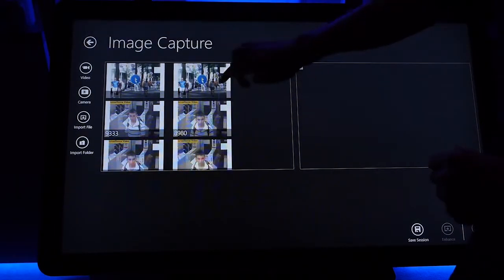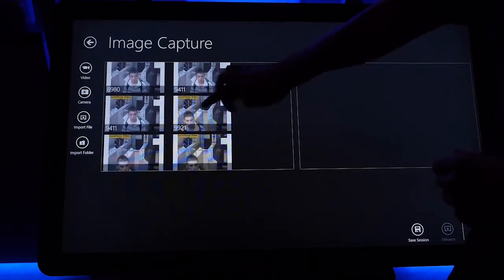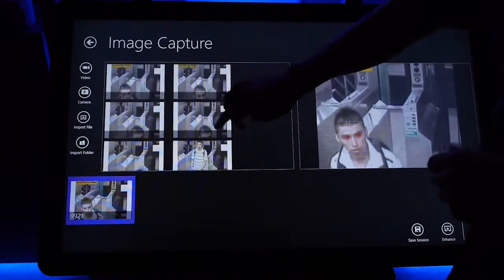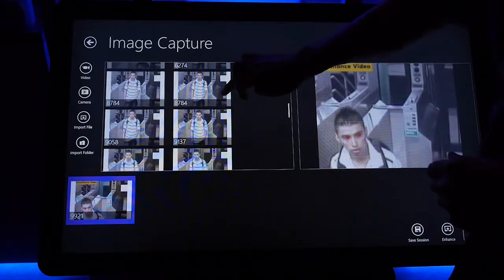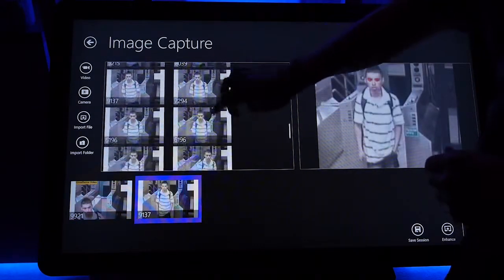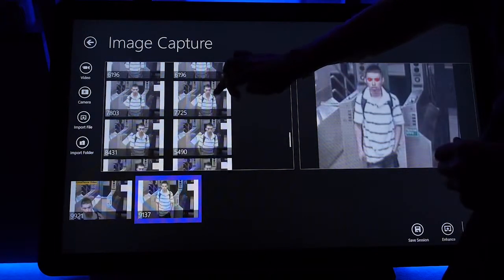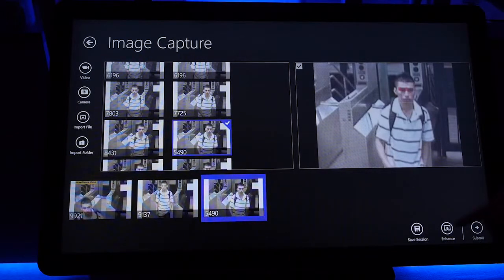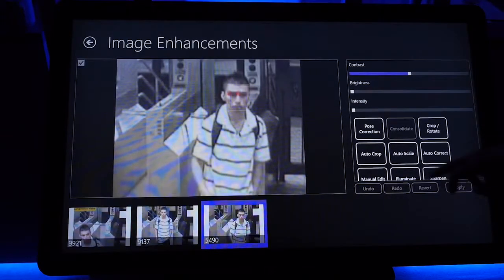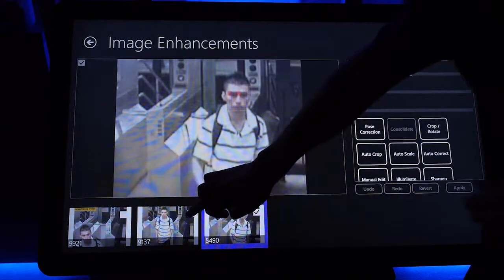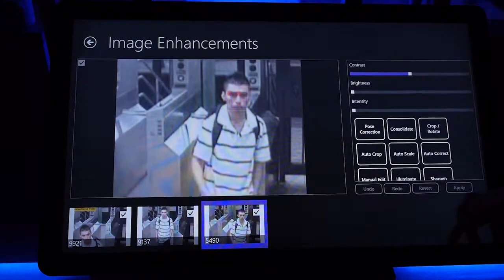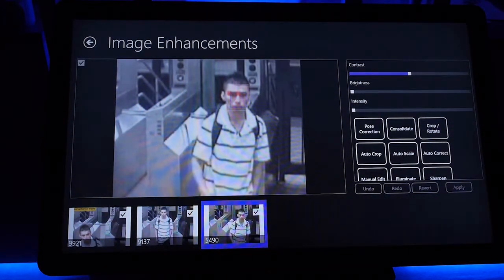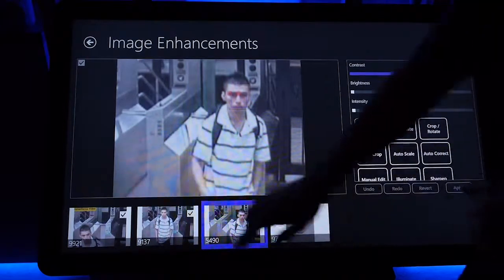We'll then go through and select frames that have different parts of the face. For example, that one, maybe one frame with a little more frontal facing, and maybe one a little more that has the other side of his face. At this point, I have these 3 frames. I'll go into Enhance. I will put a check mark in each of the frames, showing which ones will be used, and I'll hit Consolidate. Consolidate made a composite image